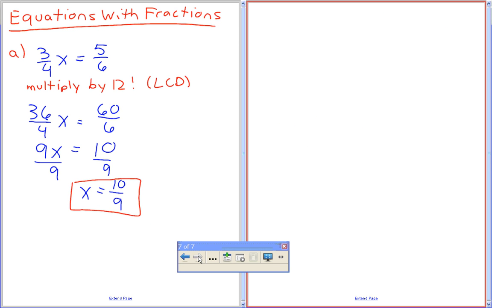What I'd like you to try and do is to do this one for me for a sec while I calm down. It's going to be 3/5 x plus 2/3 equals 7 over 4. I'm going to hit pause